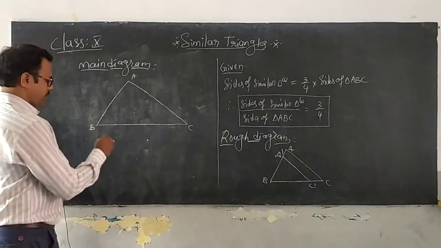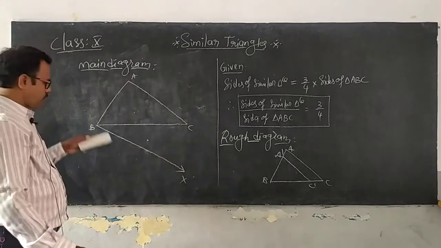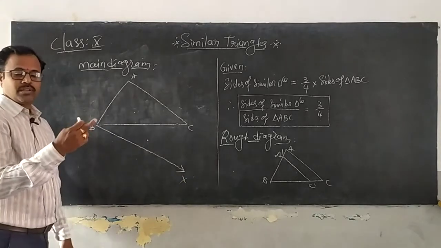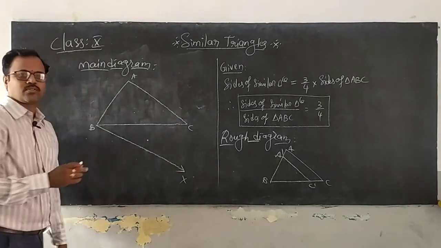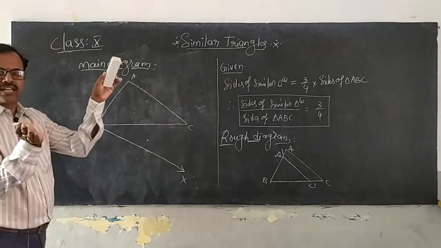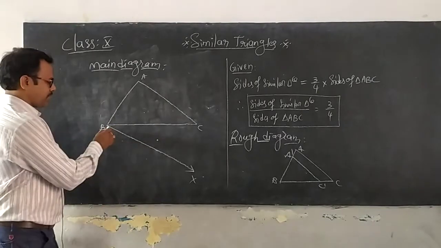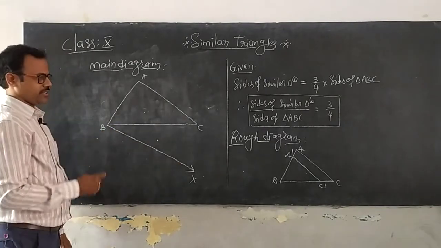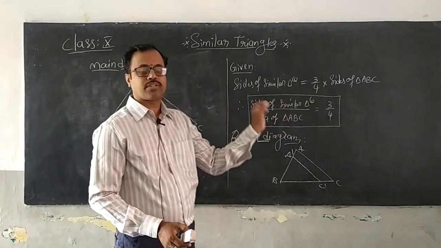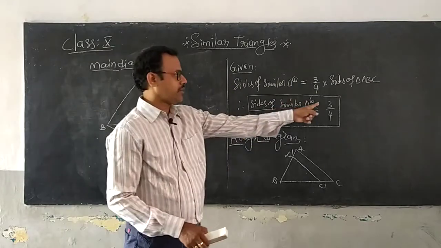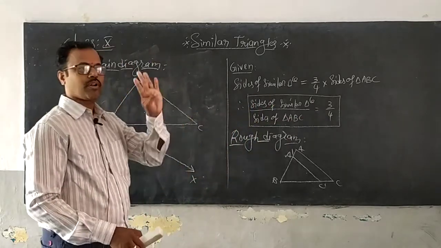The second step: I draw an acute angled ray BX downward to BC. As I said, in the bisection or division of a line segment also, why should we take only an acute angle? Because the paper is a limited area, so you have limited space to draw the figure. It is better to take an acute angle there. After this, observe among the two values in the ratio, which is the biggest value, 3 or 4. Very good. 4 is the biggest value. That means you have to take 4 arcs here.